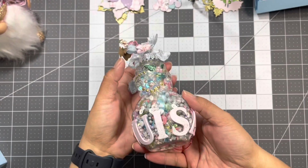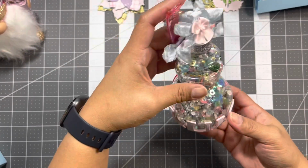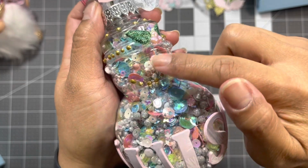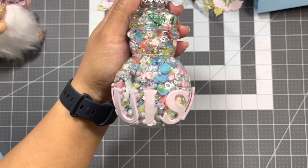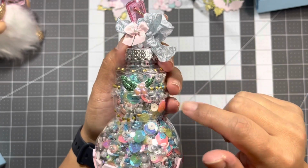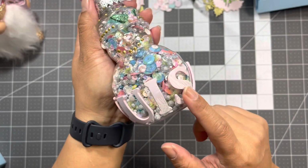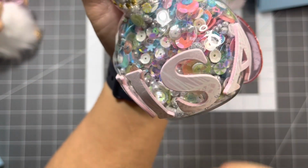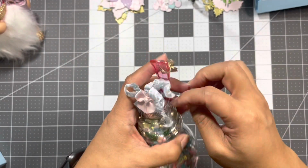So first I'm going to start with this. We're supposed to include a sequins mix, but my container, this is a snowman from Dollar Tree. It's kind of hard to see his face, but I used some pink, what is this called? Nouveau drops. So all this is Nouveau drops. I used pink, gold, green stickles, and I used my new die from KS Crafts I hauled from Amazon to put her name on here, and it's just on really thin foam, you know, the Michael's Crafters, the kids craft